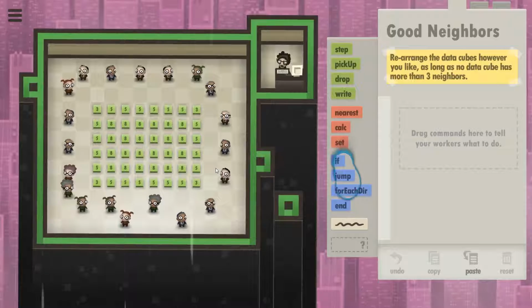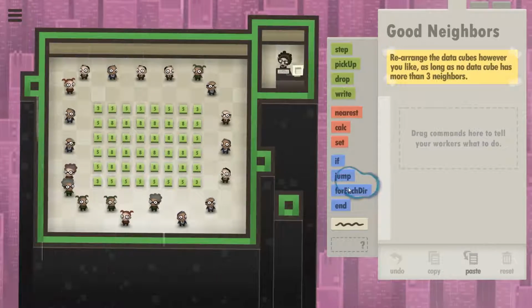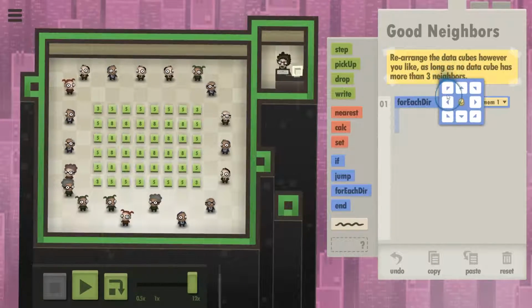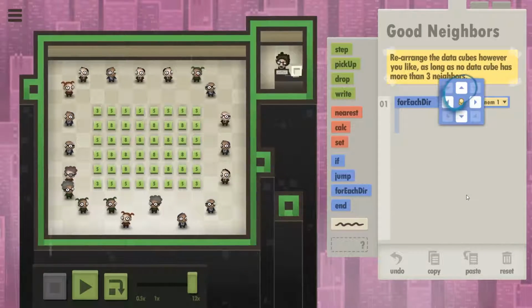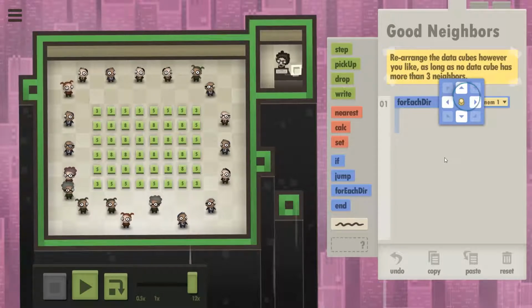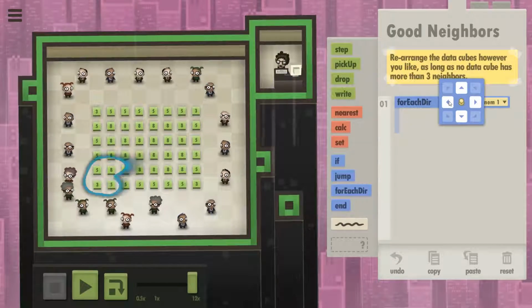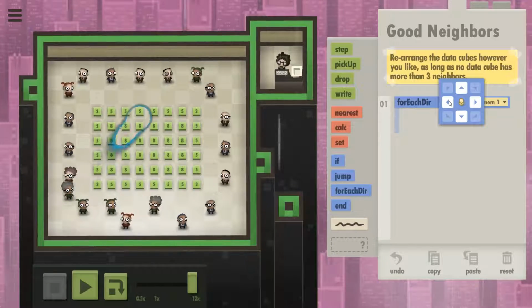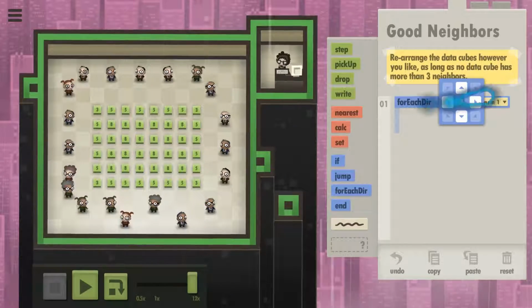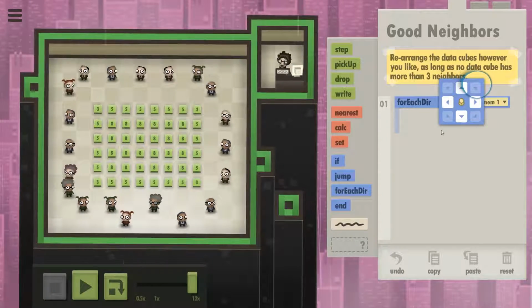I'm thinking about trying to use the for each direction. If you remember, we can change the way we do this. So, if we decide to build a lattice work like this,